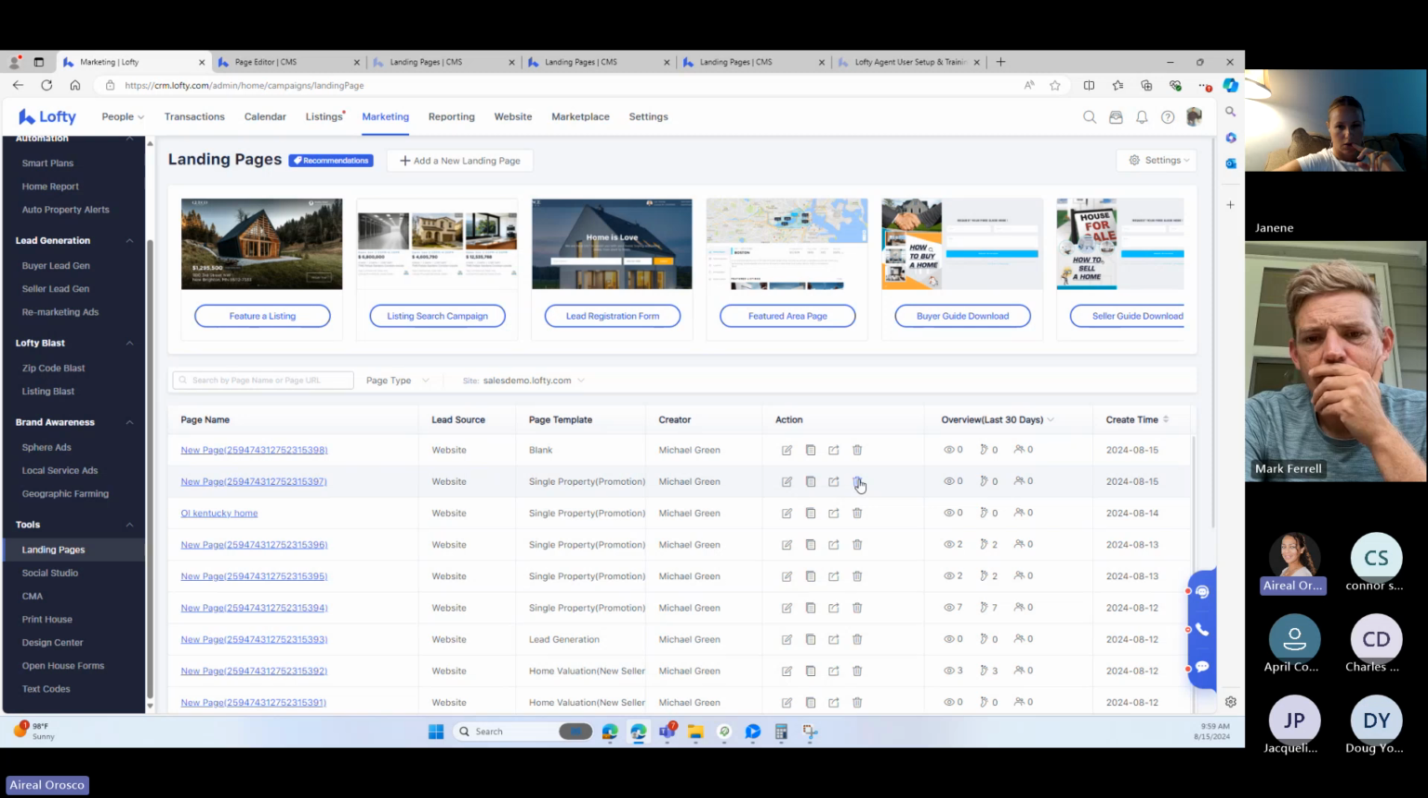Janine, then you could put the QR code on. Yeah, that's what I was thinking about, like QR codes for open houses. Like I've seen a lot of